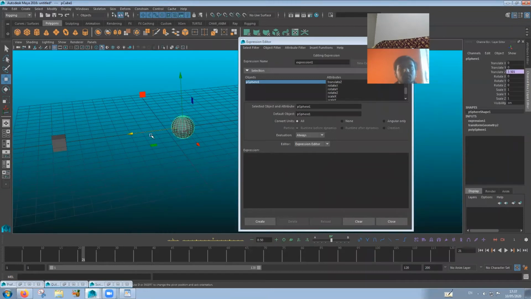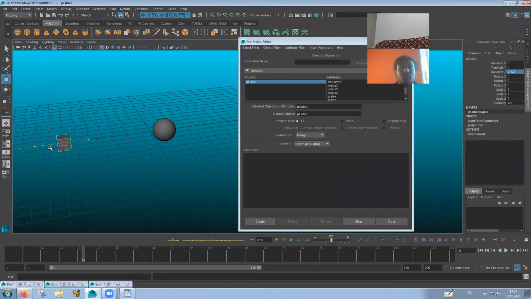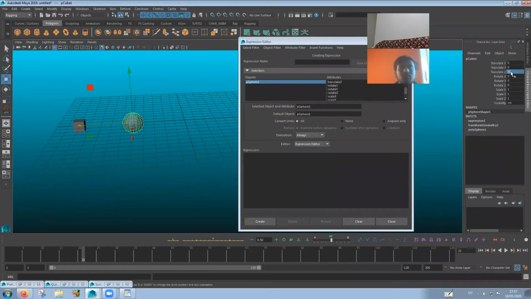All right. Now what I can do is, if I want something, for example, I want this to be double the amount of translation of the cube. If I move, say, for example, 5 units, translate Z, I want the sphere to move double the units, that is 10 units, all right? So how we can do that is simply go over here and say the translate of p-sphere 1 should be double the amount, that is multiplied by 2, all right, and edit. So now if you move it, say 5 units, this one moves 10 units over here. So this is another way.